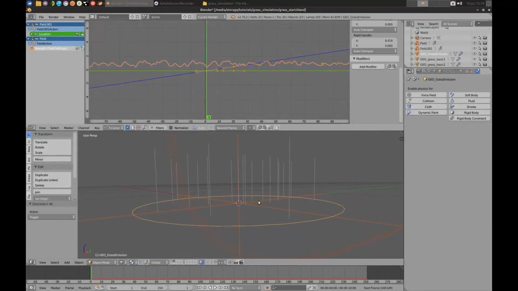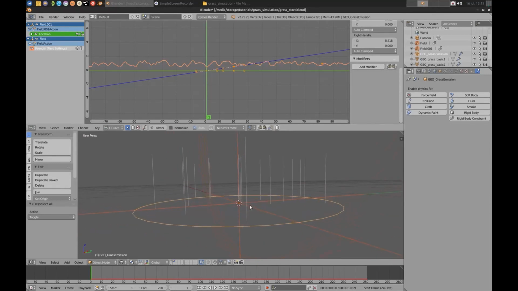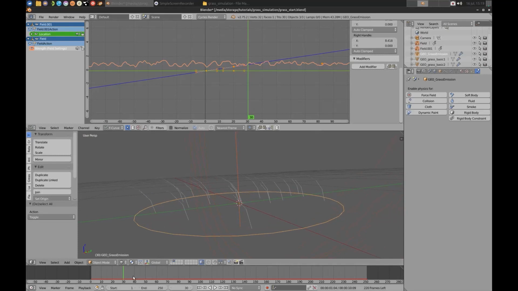One thing that you have to keep in mind here is pre-roll at this stage. You can see in the beginning the hair is kind of standing upwards, and then over the course of 20 or so frames it starts to droop down. So those first 20 to 30 frames you can probably not use in your animation because it would look kind of strange. So that's one thing you have to keep in mind.